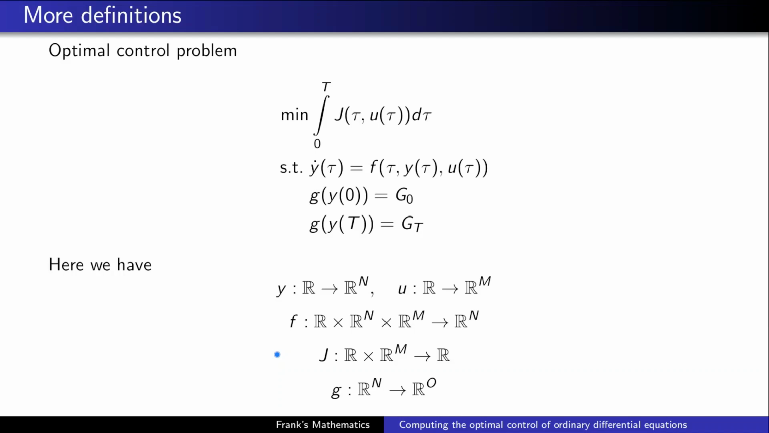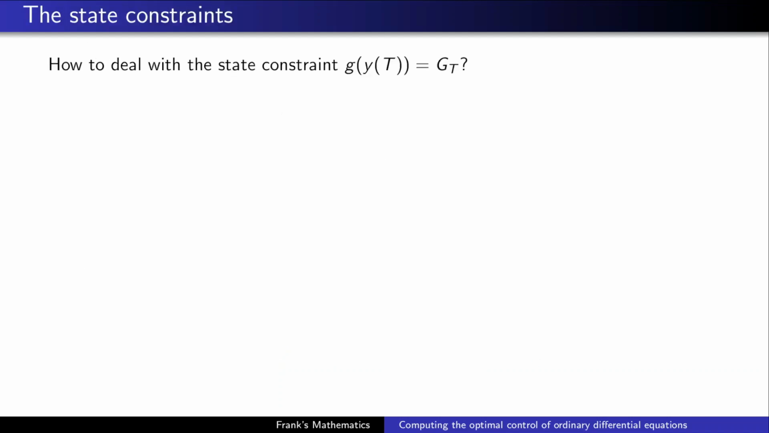And now I will show you how to actually solve this problem using MATLAB. Let's start directly with the second state constraint. g applied to y applied to T should equal g of T. So this is our state constraint at the end of the time interval. This kind of looks fishy. We don't like it. And the question is, can we